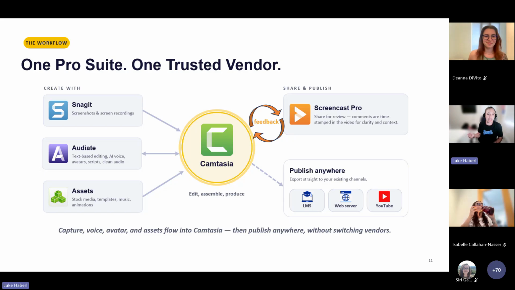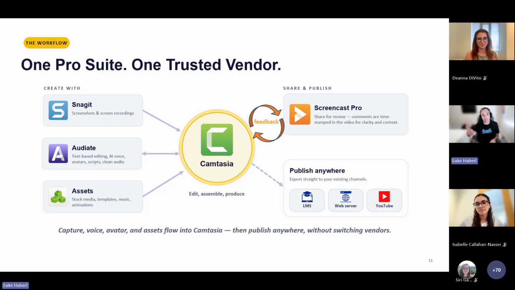TechSmith does a great job of making things easy when it comes to making content accessible. We've got some resources I'll share with Deanna and the group to send out, covering features within our products that help you check: is this ADA compliant? Does it fit the WCAG, I think was mentioned earlier, and all that good stuff. We've got all of the information you need from a security and compliancy standpoint. We're SOC 2 certified. We've got everything in terms of giving your team confidence that TechSmith is a secure and trusted vendor.